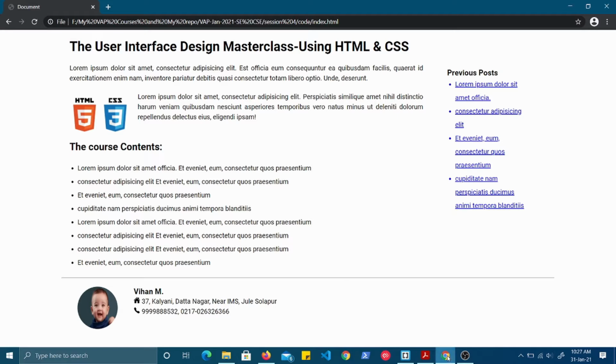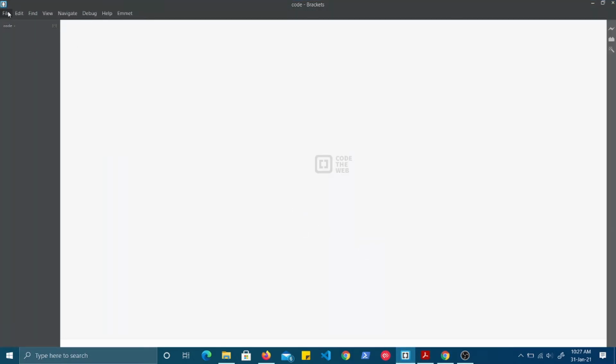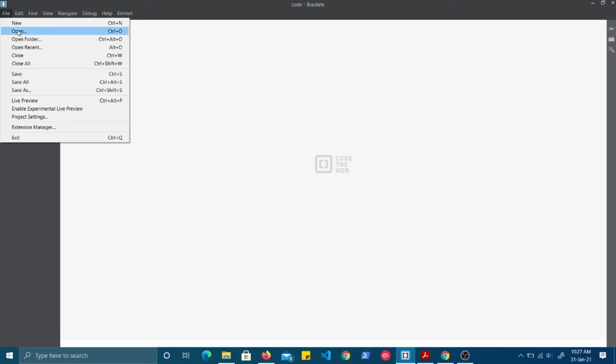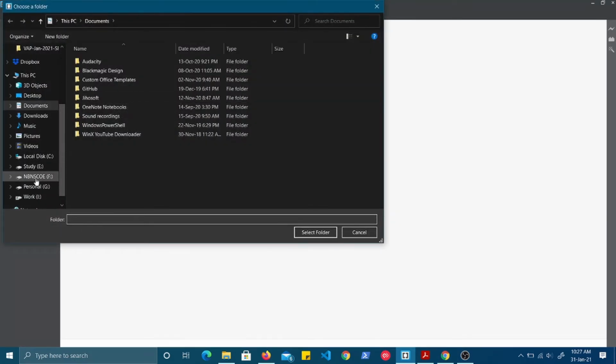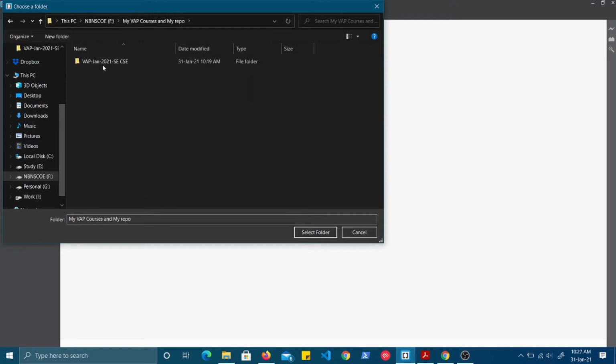For this, first you have to create one folder. I have already created one folder, and I have downloaded two images which I showed you before within that folder. You go into My Computer, whatever directory you want, create the folder, then download two images, one for the author and one for the HTML CSS, put them in that folder, and then open that folder.